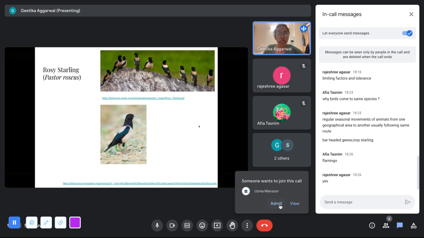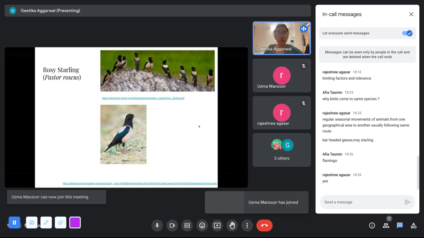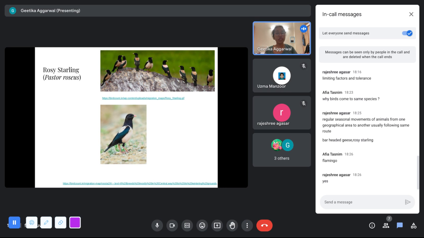This is the rosy starling. This is how it looks. It has these red patches on its front and on its back as well. They are a gregarious species. They live in groups, and they're also open to living with other species of mynas, which are also closely